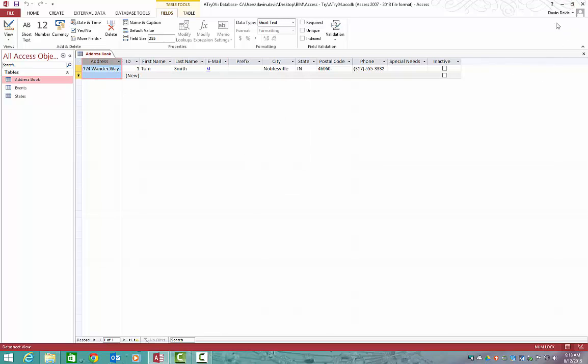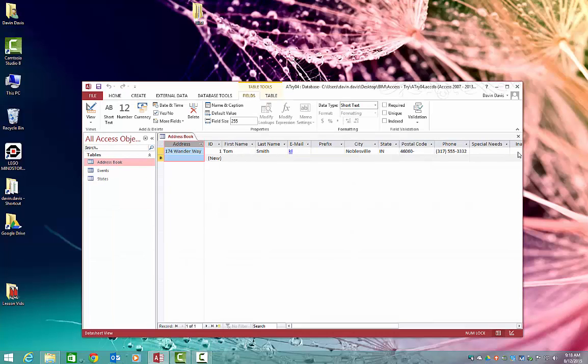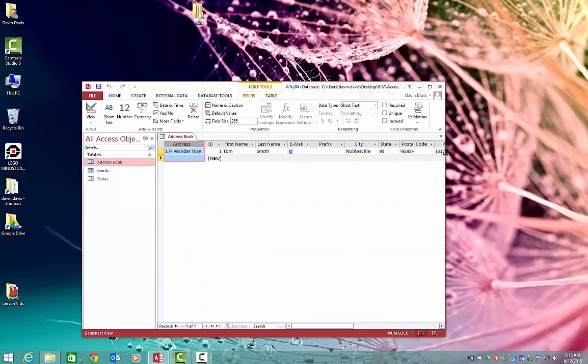Now if you had more information on your screen, so I'm going to make mine a little smaller just to show how this works. When you freeze this field and you scroll, that one field or group of fields, because you can have more than one, stays on screen as you scroll across. So if you have a lot of data and you lose like the person's name or that the data goes with, then if you freeze the field, it'll stay on there as you scroll across through your other columns. Now to unfreeze it, you just simply right click,